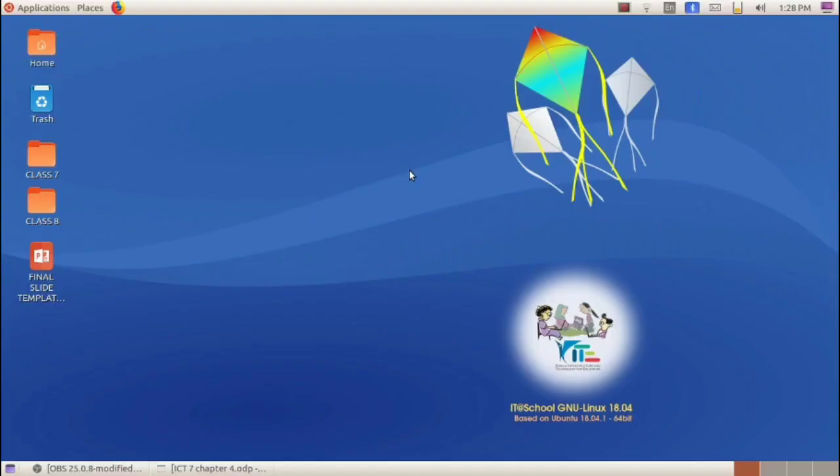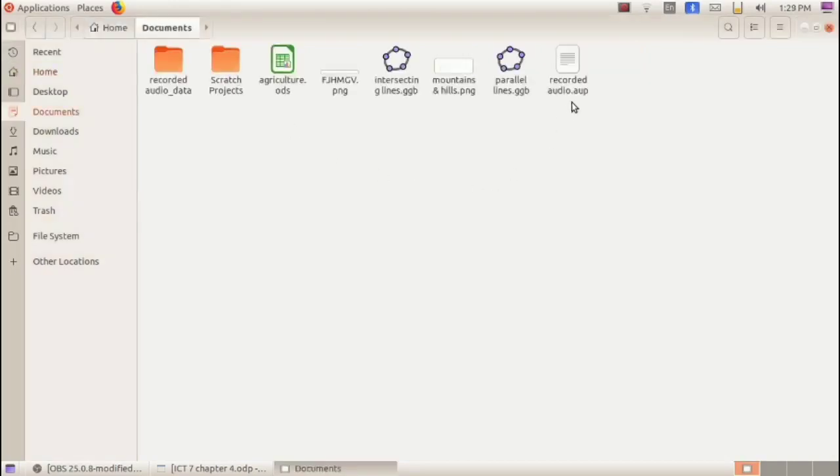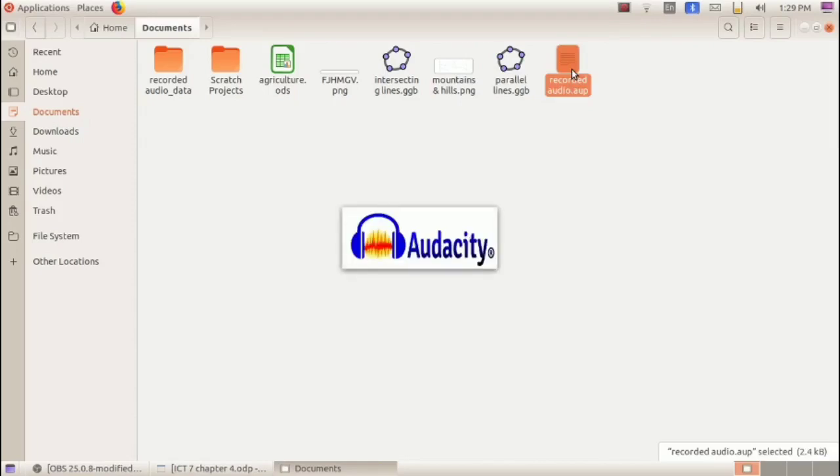So in our last class we have saved that recording. It was in home folder, in documents folder. Here we have recorded audio.aup. The file extension is .aup, which indicates Audacity project file. It is an Audacity project file. When we try to open this file, it will be opened in the Audacity software itself.